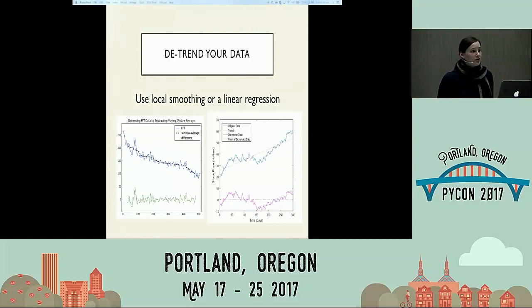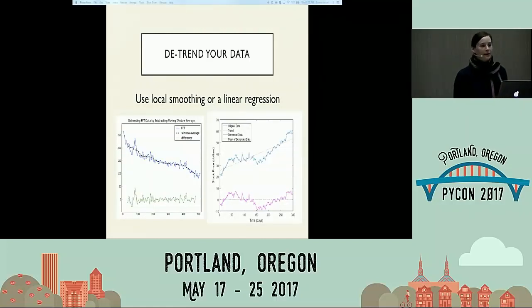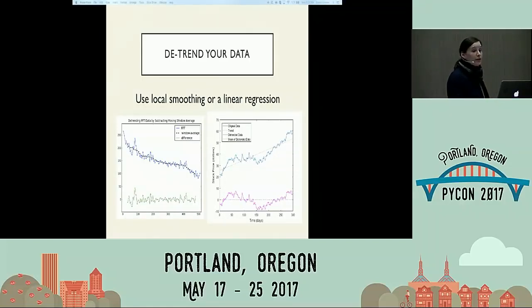That's fairly computationally taxing, right? It also means you subtracted a different value from each point. That makes me kind of uncomfortable in terms of having to explain later how I got to my model, so you can do that. It's not optimal. You can use a linear regression, as we see on the right. That's another way of doing it. The linear regression is nice because I have just the one parameter I used, right? It's like, oh, well, I just used y equals mx plus b. I fit for my m, I fit for my b, and I applied that uniformly. So that's very tempting as far as simplicity of the model.